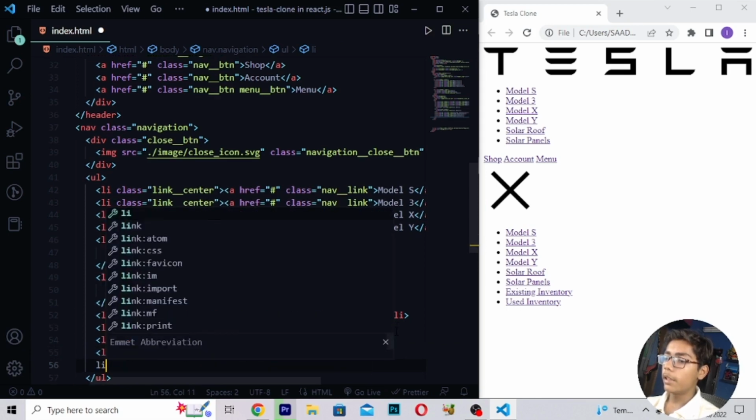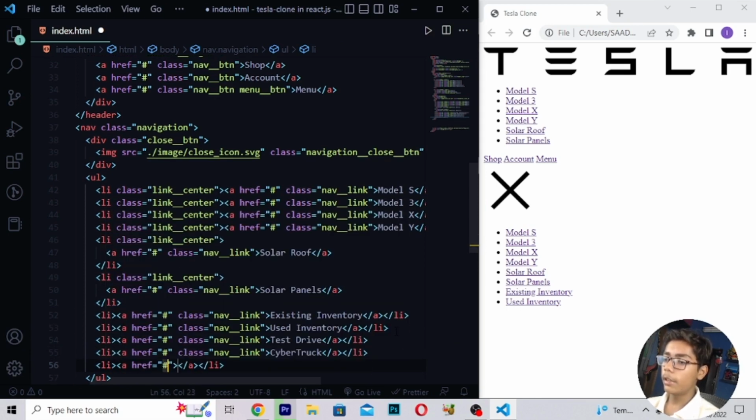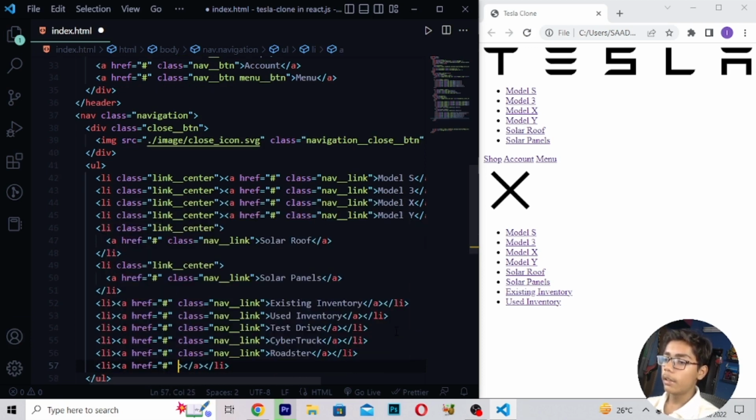Then I will be just writing here li, and right here a tag, right class nav link, then here I will be just writing Roadster like this. Then I will be just moving, right here li a tag, then right here class, then right here nav link, then when you've written this, here I will be writing Commercial, and right here Energy like this.